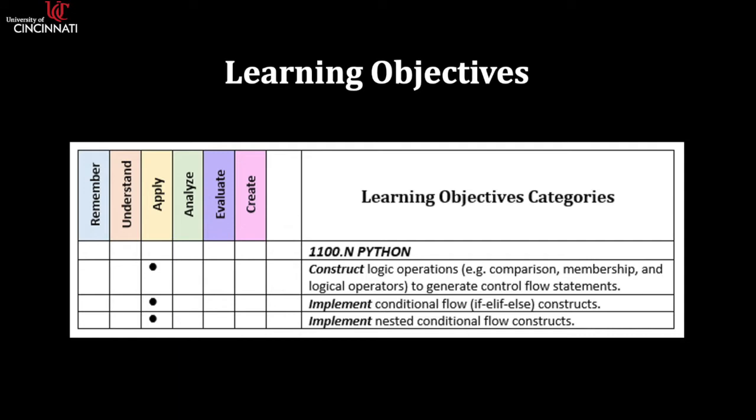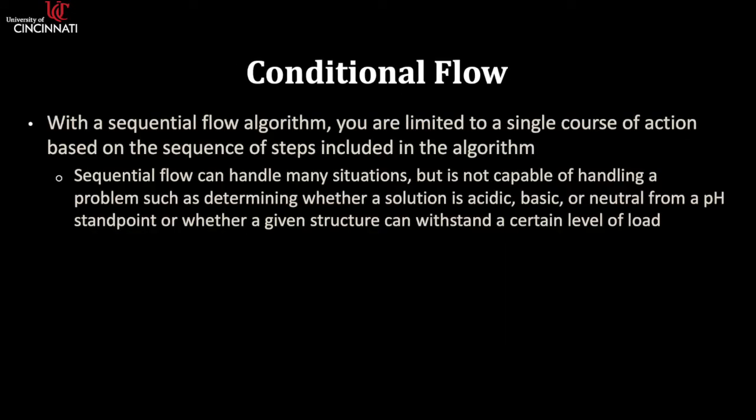So previously in sequential flow, we could only do inputs that would operate one after the other, but now we can run the program depending on the inputs by the person. So with the sequential flow algorithm, you're limited to a single course of action. Suppose we wanted to develop an algorithm where we would determine whether a solution was acidic, basic, or neutral based on the pH of the solution, where the pH was an input given by the user, we would not be able to do so. So this could not be done by a sequential algorithm,